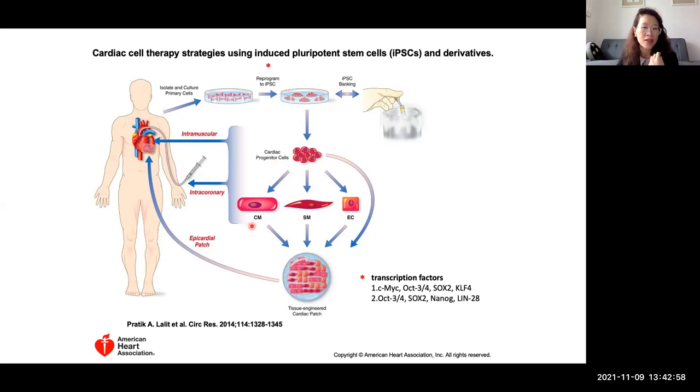For example, the cardiomyocytes. But the cardiomyocytes cannot stay alone. They need smooth muscle to coexist. Not only smooth muscle, they also need the epithelial cell. So they combine these three cells together and seed them into the scaffold to make the engineered cardiac patch here. And then after they get the patch, they transfer it and put it back into the heart to fix the infarct,